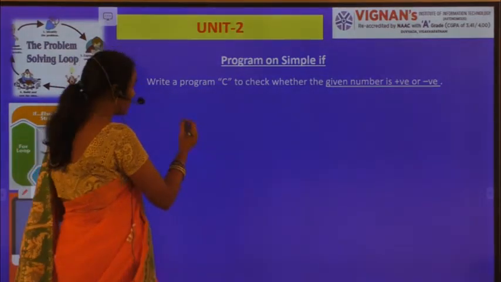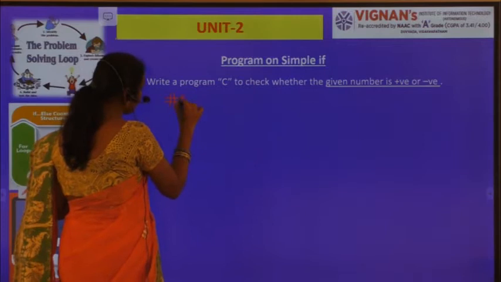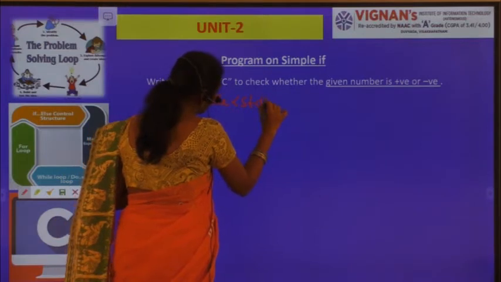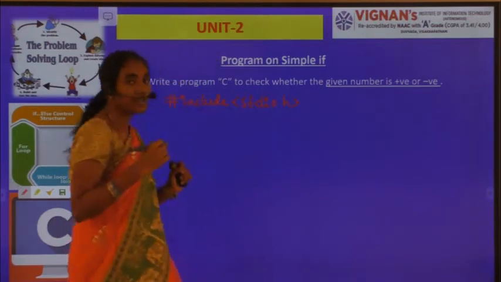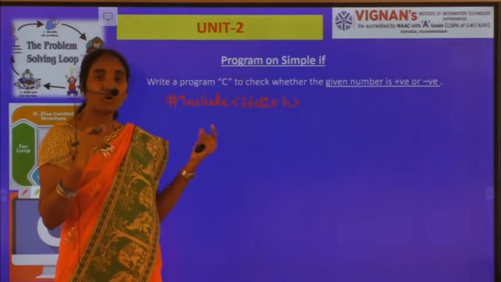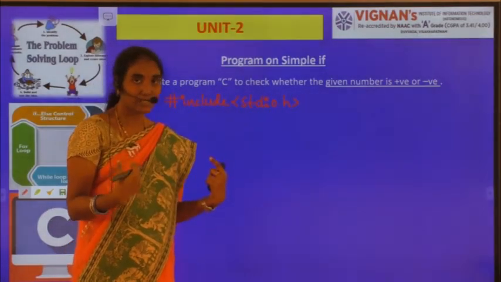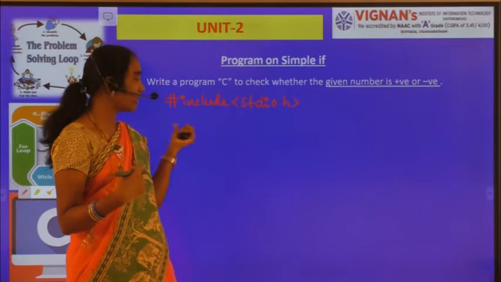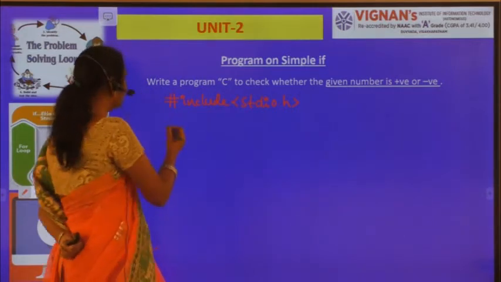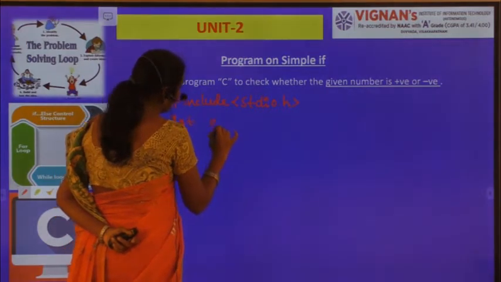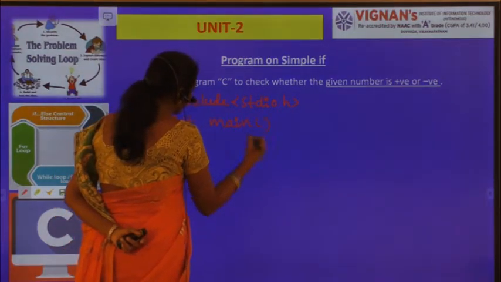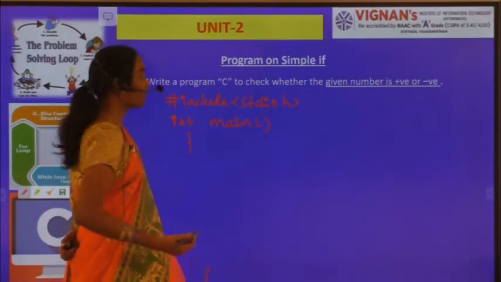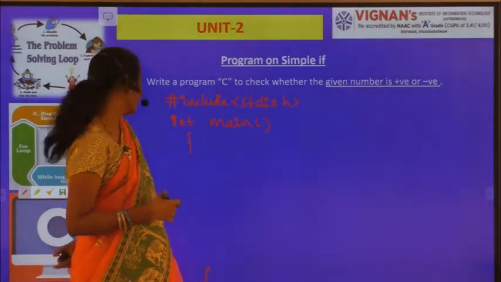As you already know, here I have to include the preprocessor directives. So here I am including stdio.h. Why am I including stdio.h? Because here I am using printf and scanf statements within my program to read and write the instructions. So that's why I am including the stdio.h header file. Now main, and from the main function only my program execution begins. That's why I'm writing int main, right? So in between that I have to write the corresponding statements, right?